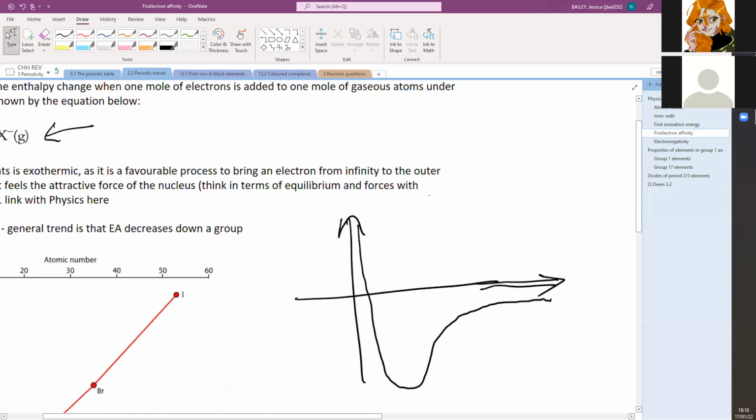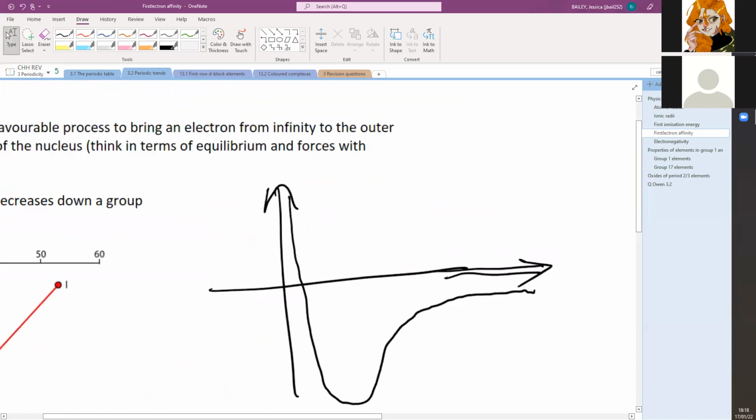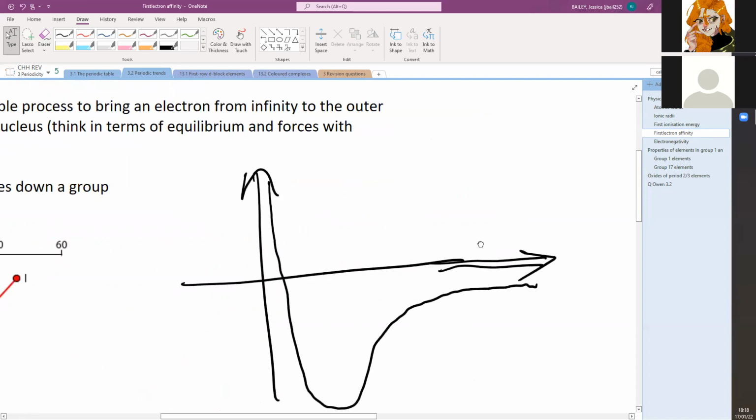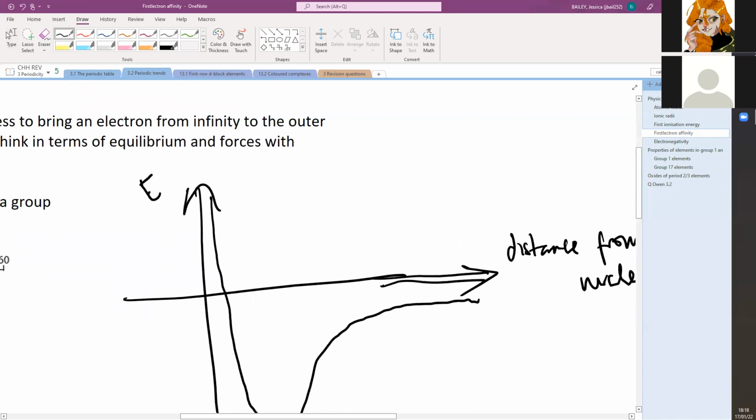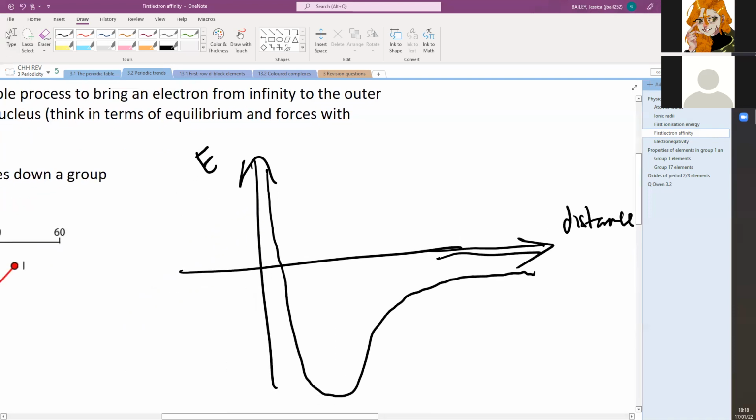So my x-axis is the distance from the nucleus, and my y-axis is the energy. Now, electrons will always aim for the lowest energy level possible because that's the most stable. If something's low in energy, that means it's more stable. And so what's going on in this first section